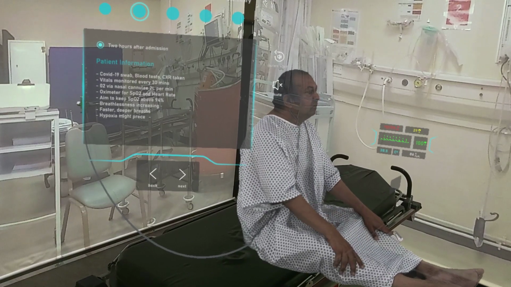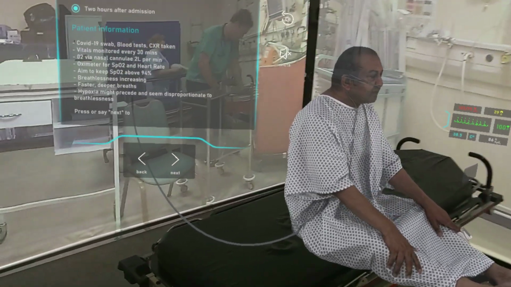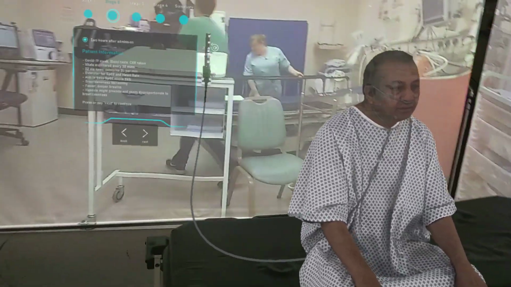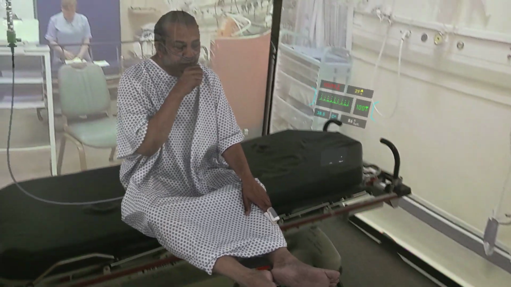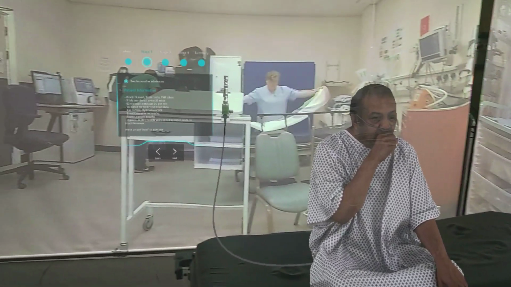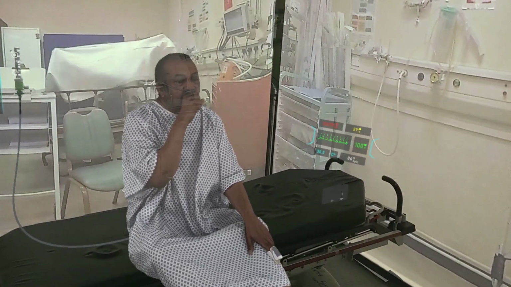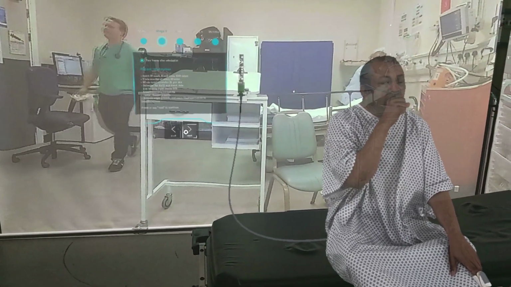As you can see, breathlessness is increasing with faster breaths but also deeper breaths. An important point to consider is the relatively asymptomatic hypoxia, which can develop into breathlessness later. Hypoxia might precede and seem disproportionate to the breathlessness, hence the need for close monitoring. In your own time, reassess the patient and think about whether there is a need for